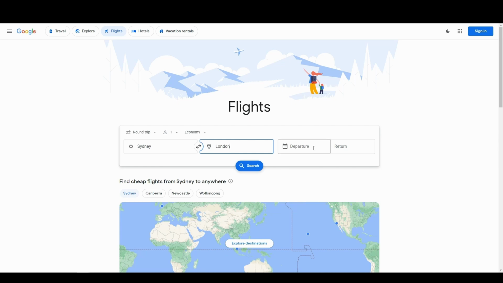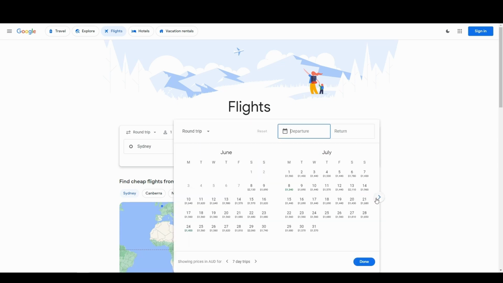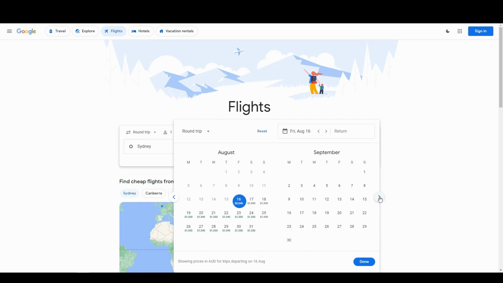Okay, departure dates. As you select the departure date, you can see that it has the price graph showing the best prices of the month highlighted in green. Personally, I think this is the most useful feature because it saves me so much time from having to research individual airlines. If we look at August, there seem to be quite a few summer deals with low prices. So let's say we depart on the 16th of August and I'll be returning on the 6th of September.